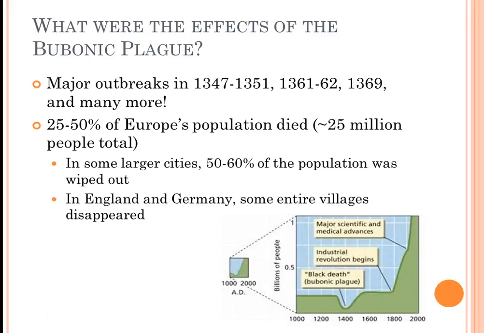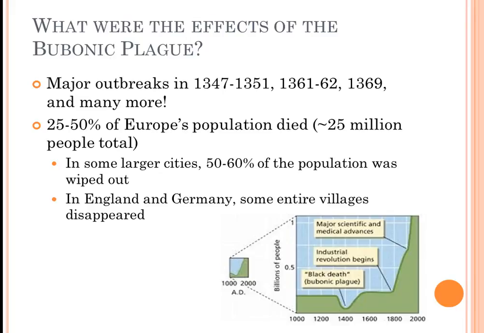These are rough estimates. Pretty much every source you look at tells you something different because they didn't have things like the census. So there was no one that knew exactly how many people there were before and after the plague, or how many people died for that matter. There was no way to kind of keep accounts of that. So this is historians' best estimates.